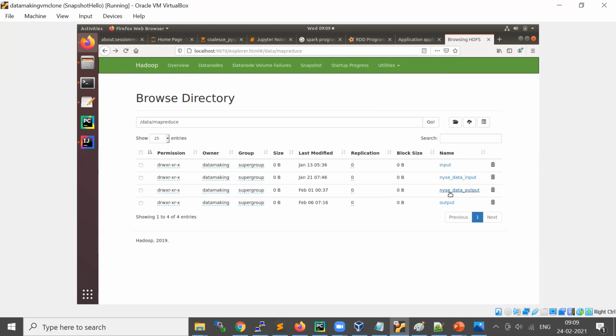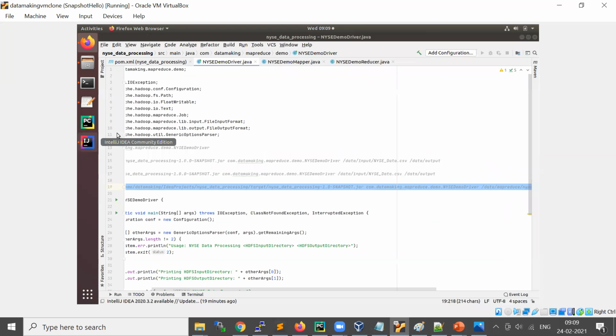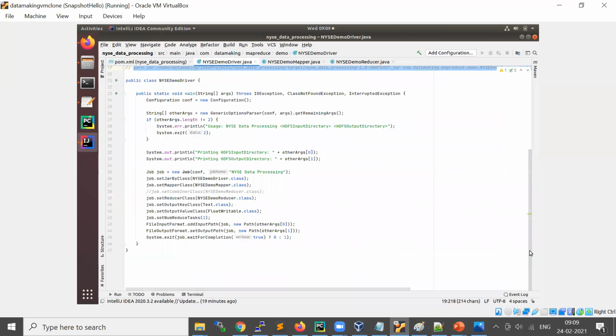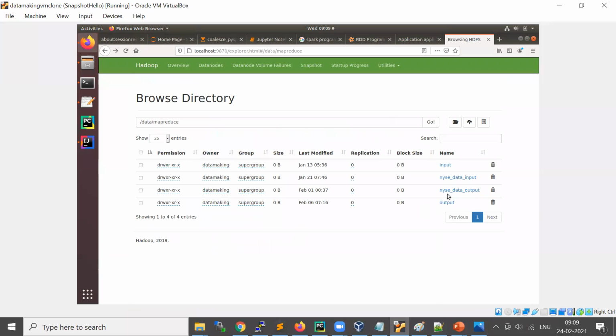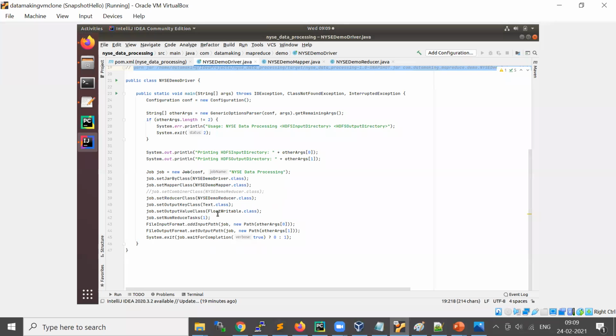Now I am going to use that, and an output directory for now. Whenever you pass the output directory, it should not already exist in HDFS. Either you write logic to drop the output directory if it exists, or you give a directory which does not exist. If the directory already exists, the job will not continue. It says the output directory exists and it will stop.